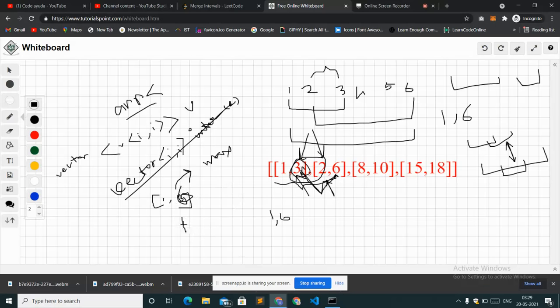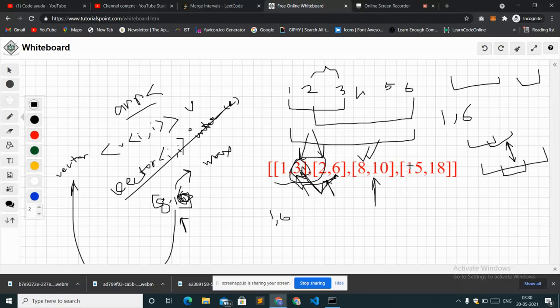Now the current interval is basically 1 6. Now the pointer goes to here, and here the first index of this interval is 8 and here it is 6. So we can see that 6 is less than 8, so no merge will be there, so it will be a separate interval. So we have to store this vector in that particular vector. We have to push back this vector. Now change these values to 8 10, because now we are going to store the current interval as 8 10,